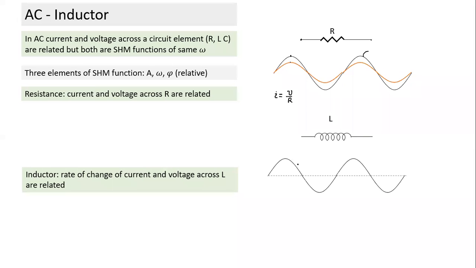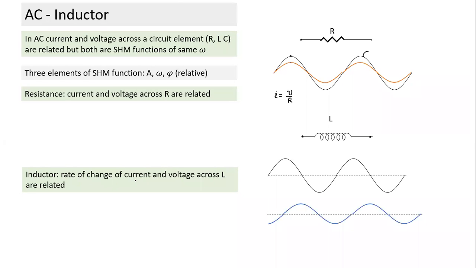So if this is the voltage which is applied, again, we are ignoring the rest of the circuit. If we just check the voltage across the inductor, it could be part of a circuit, it could be isolated. If this is the voltage, how would the current vary? So in this case, this is how the current was. If I draw the current here, see what will happen.